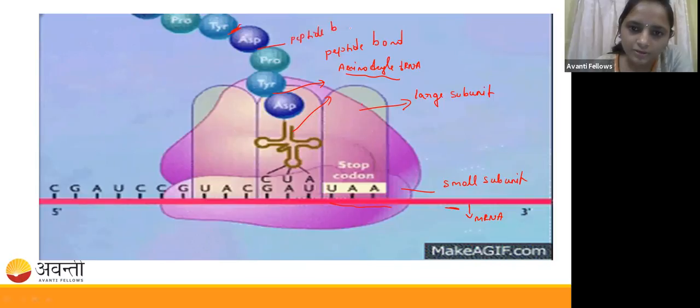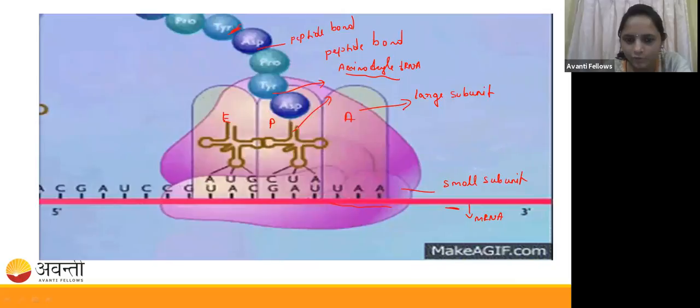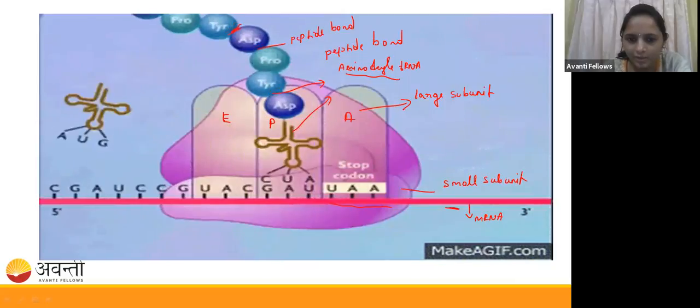Peptide bond. Okay. So guys, you can see here, this is the E site. Here it is the P site. So this is the A site, right? You can observe once again. So see here what is happening. When it is moved through this side, you can see here now it will be this aminoacyl tRNA.